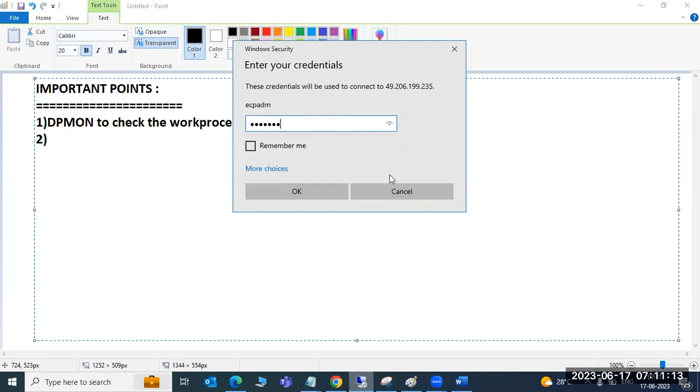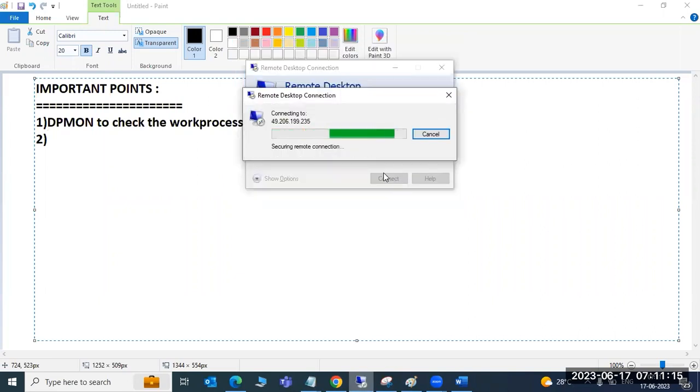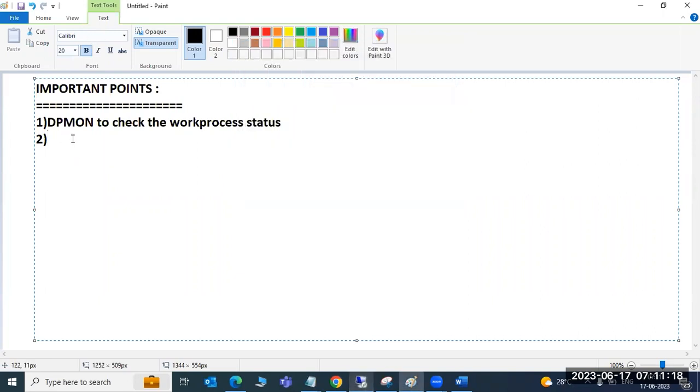Then they may ask how to check it at the operating system level. At the operating system level, we use the disp+work command. This checks the kernel version of your system, the level and the patch level. These are some important points they may ask you sometimes.